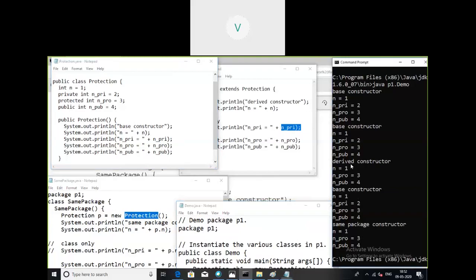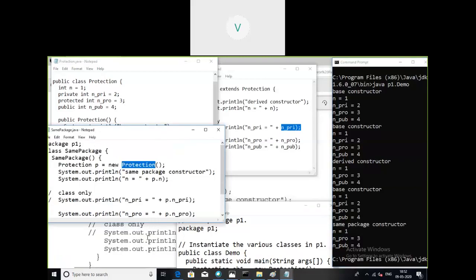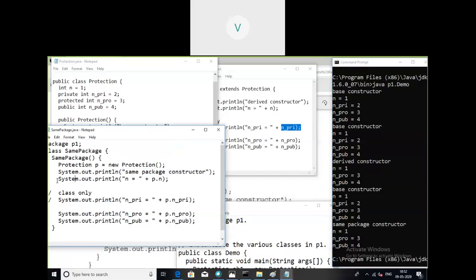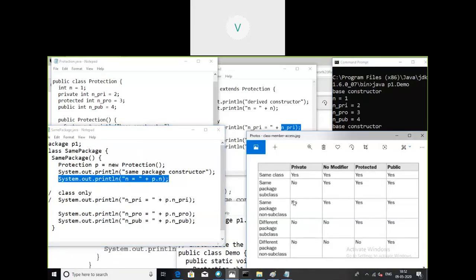Then this is the constructor of the same package class. So what is happening in this constructor? It is allowed to access the value of n because default access is allowed as per this table. Same package, non-subclass. We are studying about this row.